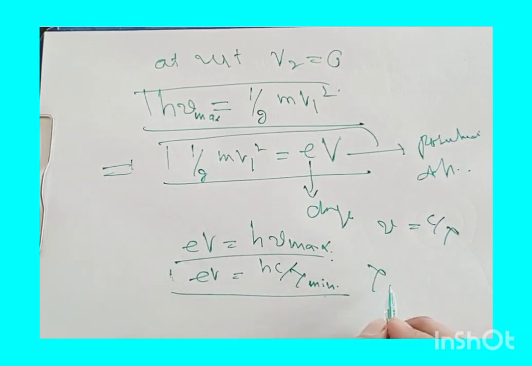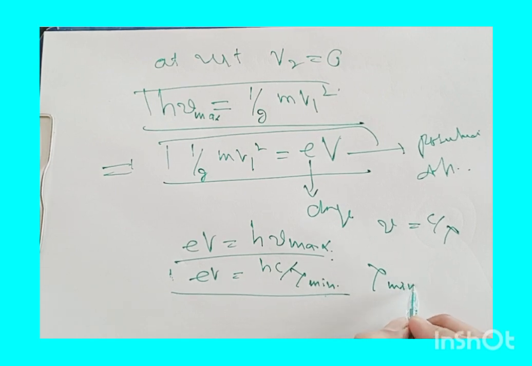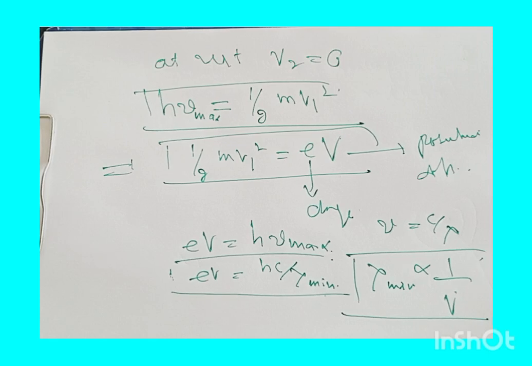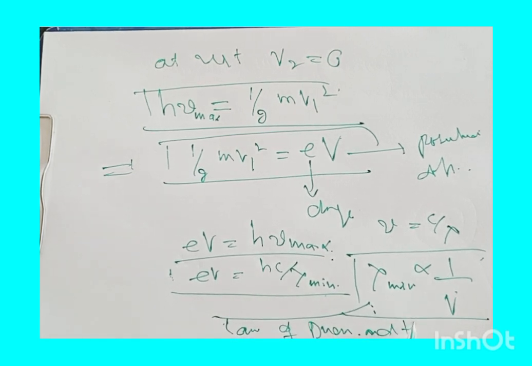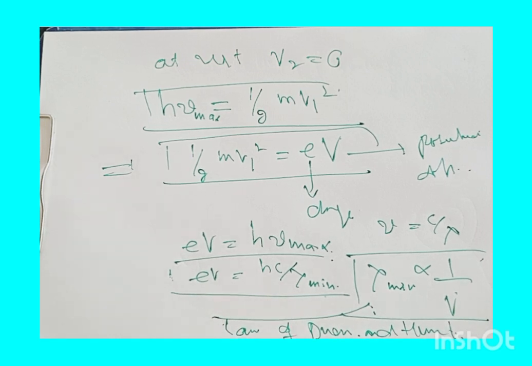So this lambda min that we talked about is inversely proportional to the potential difference across the Coolidge tube. Now, this equation that we have is also called the law of Duane and Hunt, which states that the minimum wavelength lambda min